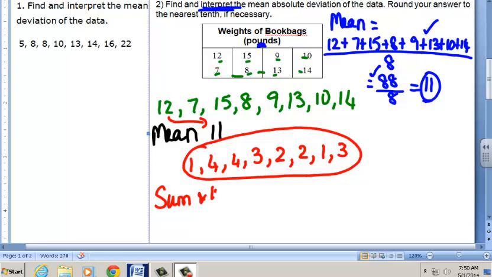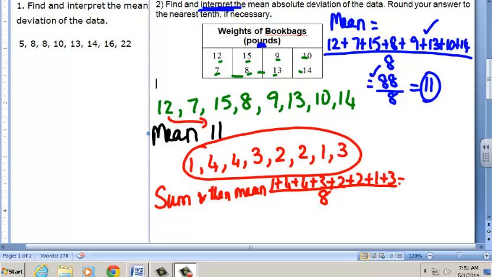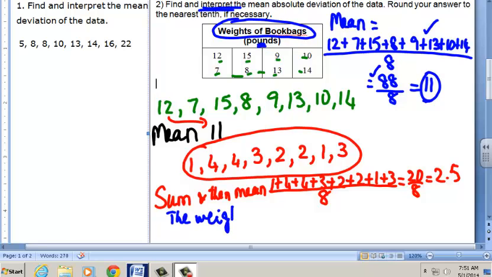Basically, sum them and then find the mean of these values. So when you add up all the 8 values, you end up with 20 over 8, which is 2.5. Okay, now let's go to the interpretation part. To interpret this, since it is the weight of book bags, we are going to say the weight of book bags